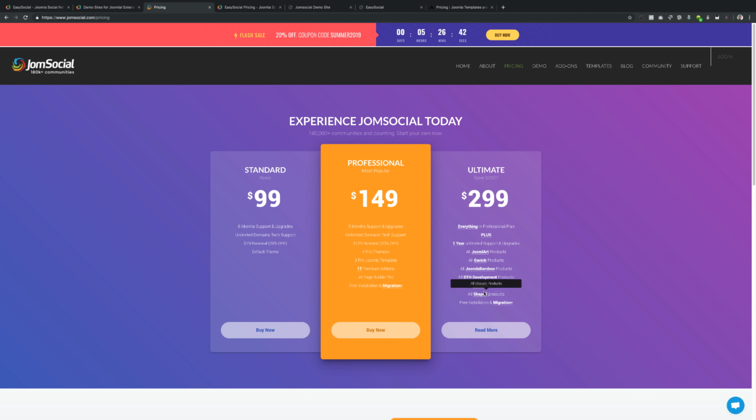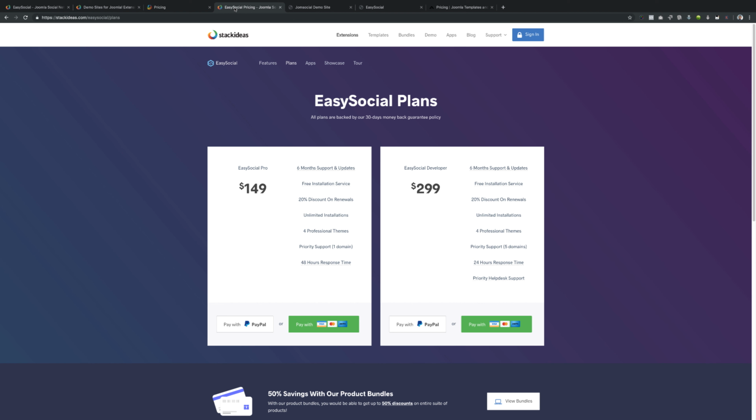So for anyone that wants to do this long term, but if you want a little bit more bang for your buck, you would want to definitely go with this package, because you have access to hundreds of different templates and different products that you can use. So for price, I think that Jomsocial is economical, but I think that you get a whole lot more bang for your buck with Jomsocial. Where Easysocial, I'm sure that they're probably going to upgrade their plans. I'm not sure if they have plans for it, but there's nothing here that allows you to